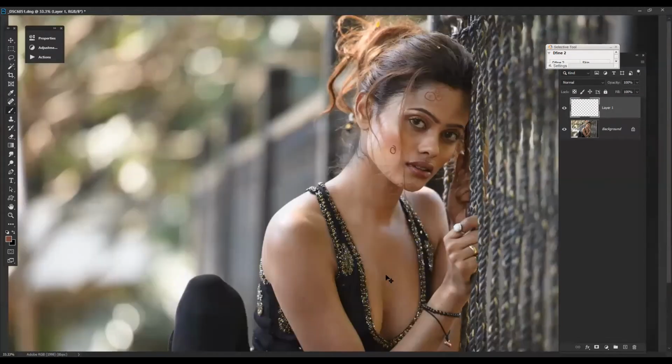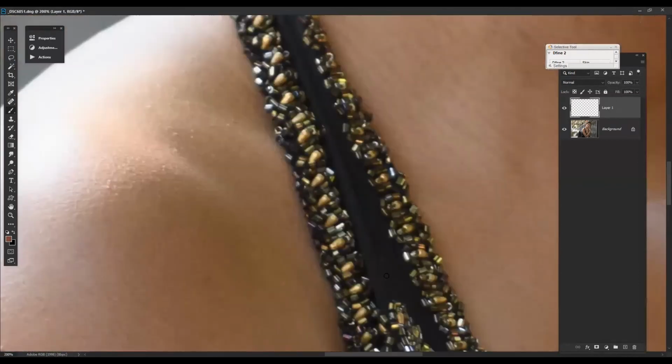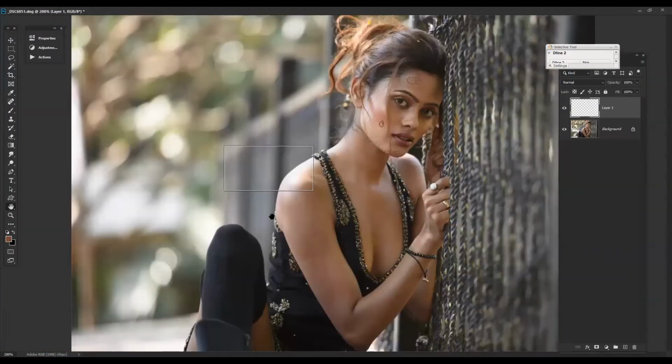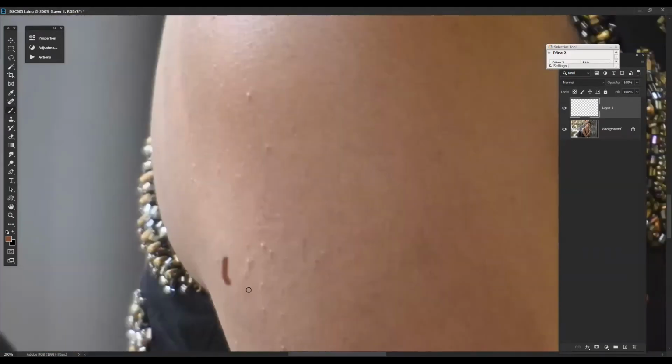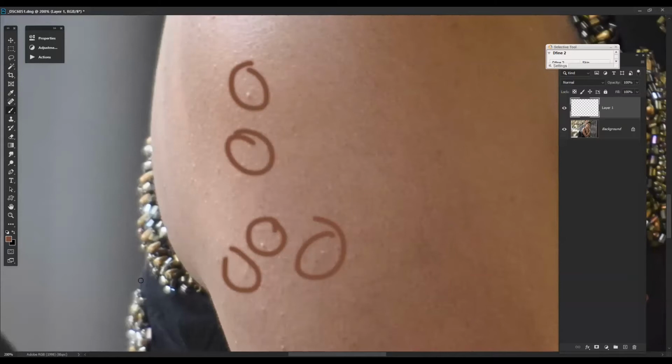Then a key area that we always forget: before starting the retouching, you have to always see the aspects of retouching. See these areas in the hands. Now let's go to the backdrop area.